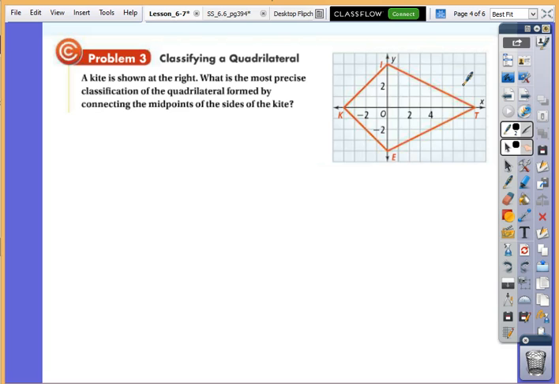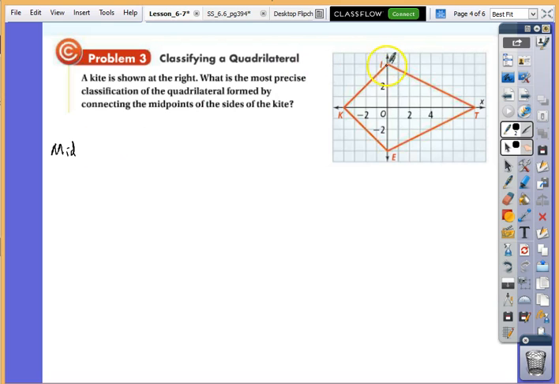Let's try a different figure. A kite is shown at the right. What is the most precise classification of the quadrilateral formed by connecting the midpoints of the sides of the kite? Holy cow, look at all the stuff we have to do for this. So the midpoints of the sides of the kite are going to be found by using the midpoint formula. So I'm going to have to find the midpoint of K